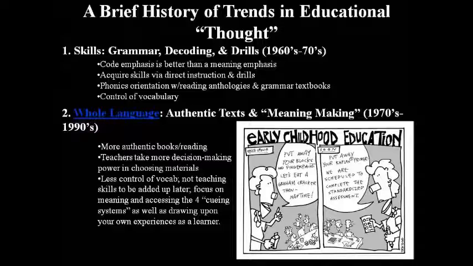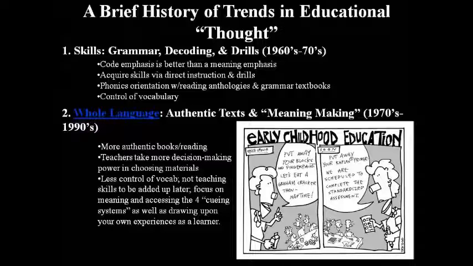So, this sort of stuff has its place, but not all the time, every channel, right? Phonics orientations, sounding things out, right? With reading, anthologies, and grammar textbooks. Real rigid control of vocabulary. The teacher or the basal reader decides what's important. You don't decide as a student what's important. It's very top-down stuff. So then, from the 1970s to the 1990s, we had what's called whole language learning,